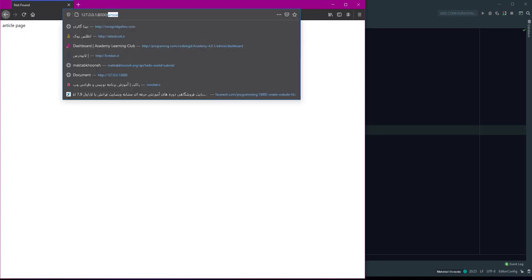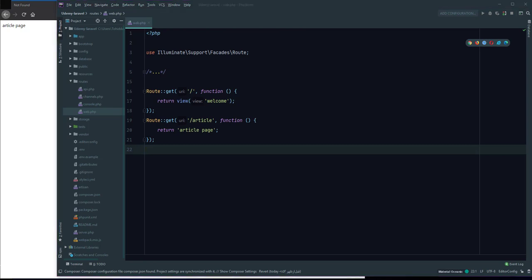Okay, routes. The most basic Laravel route accepts a URL and a Closure, providing a very simple and expressive method for defining routes. Default routes are by default